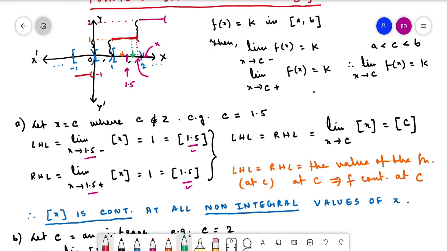So again, at 0, this is a jump discontinuity. So at every integral value there is a discontinuity. It is evident from the graph itself: you can see there is a jump at every integer. From 0 it is going to 1, the value of the function is 1, 1, 1. As soon as it reaches 1, it jumps to the value 1. Then again, as it reaches 2, it jumps to the value 2. So from the graph, you can see the discontinuous points are only the integral points.